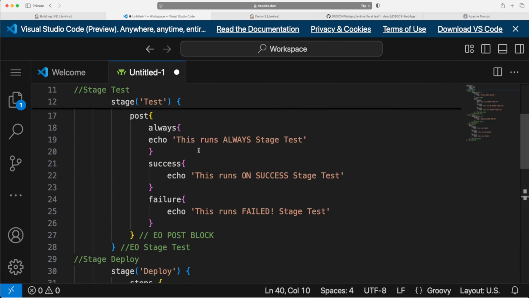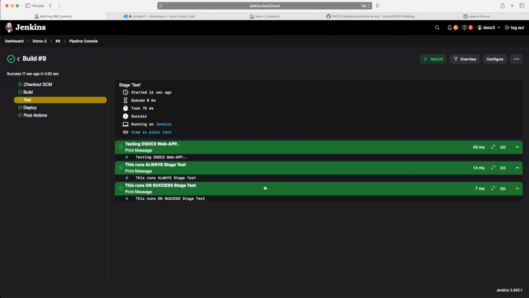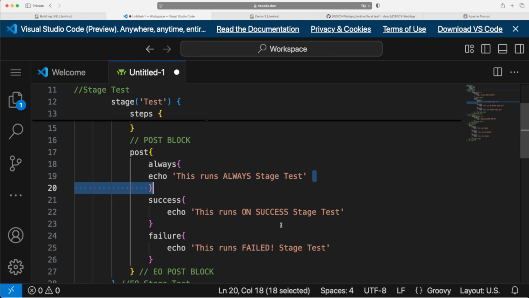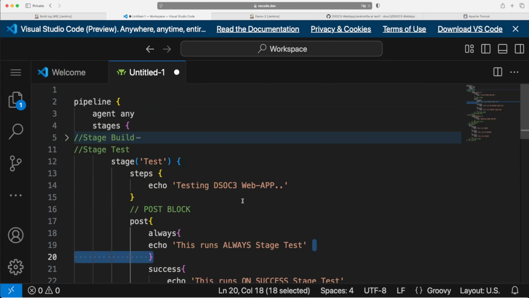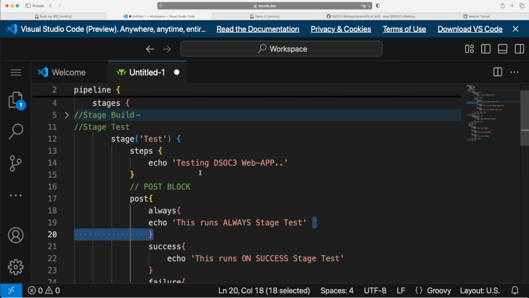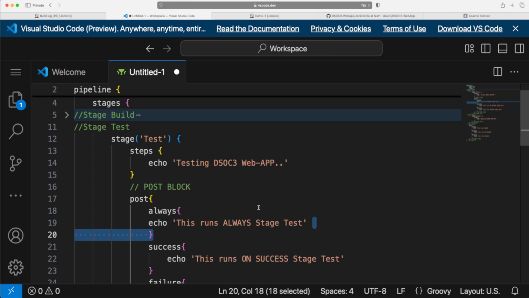This runs always. If we come over here, to stage test, our pipeline has succeeded. Pipeline is success, so that's why it's showing these two messages. So that's how you use the post block if you want to notify for a particular stage. That's how you do it. On this demo, I think that's enough,